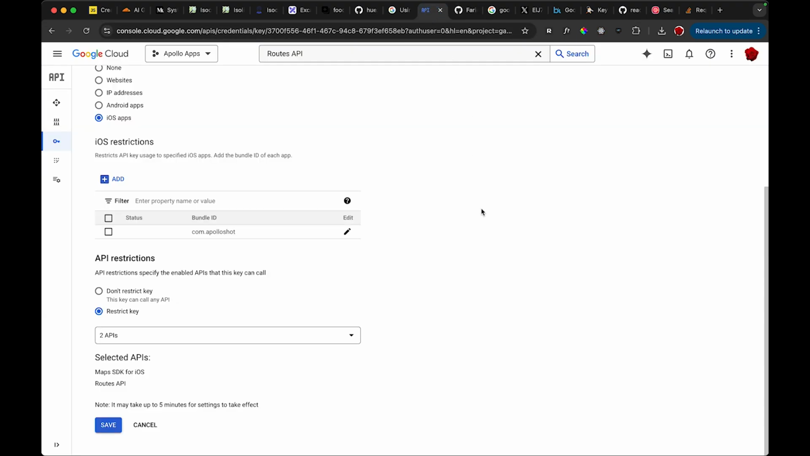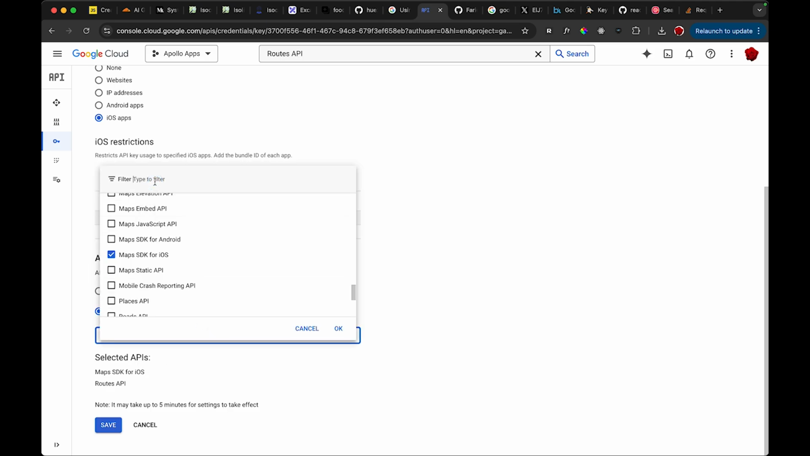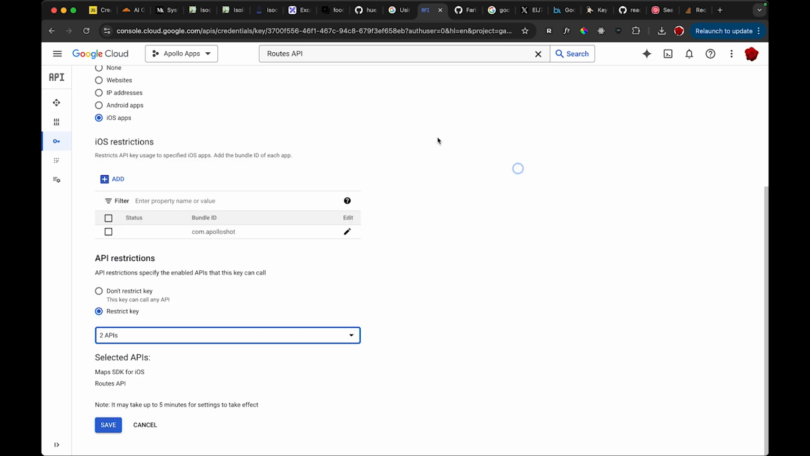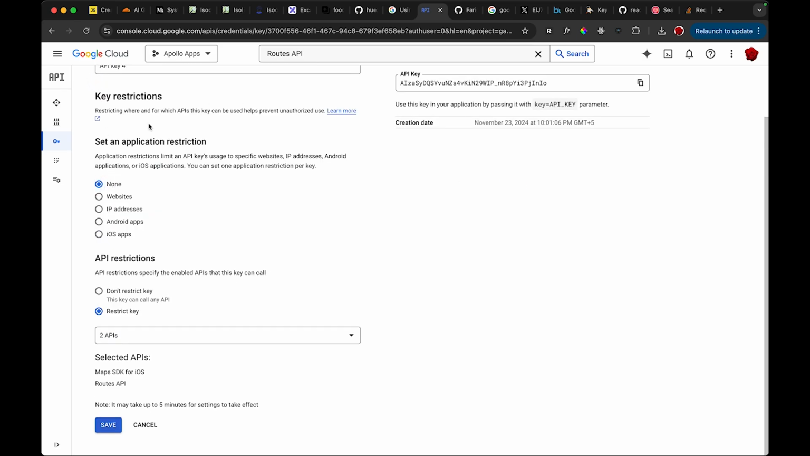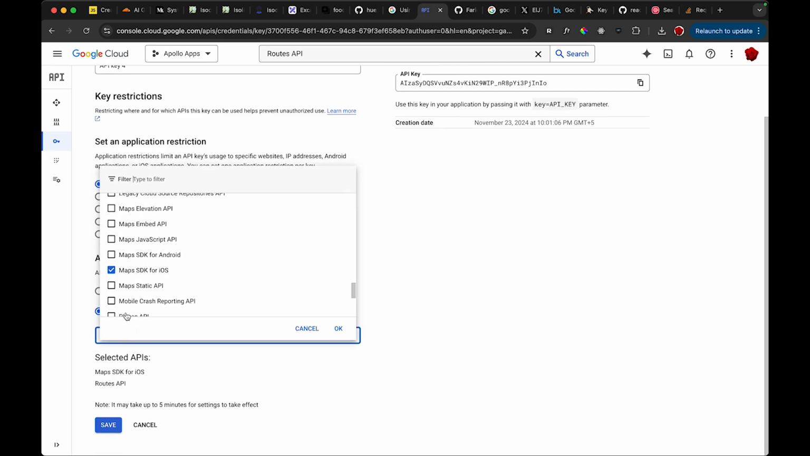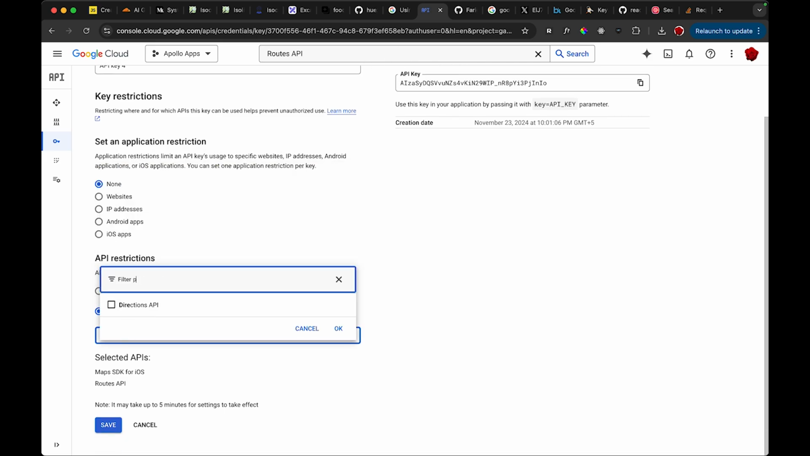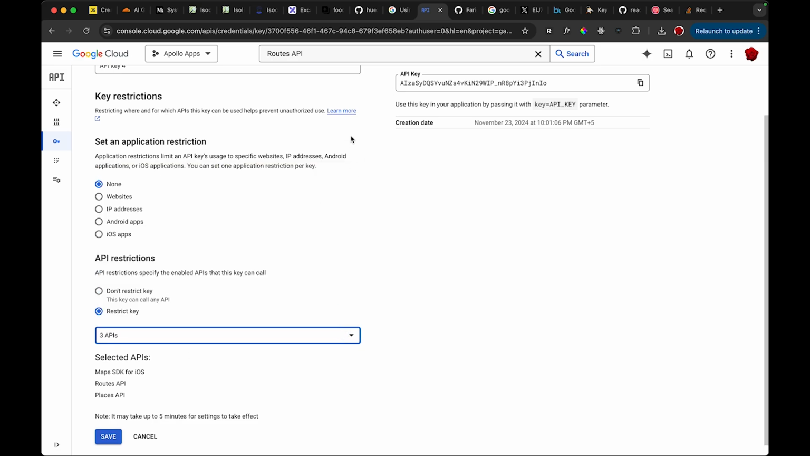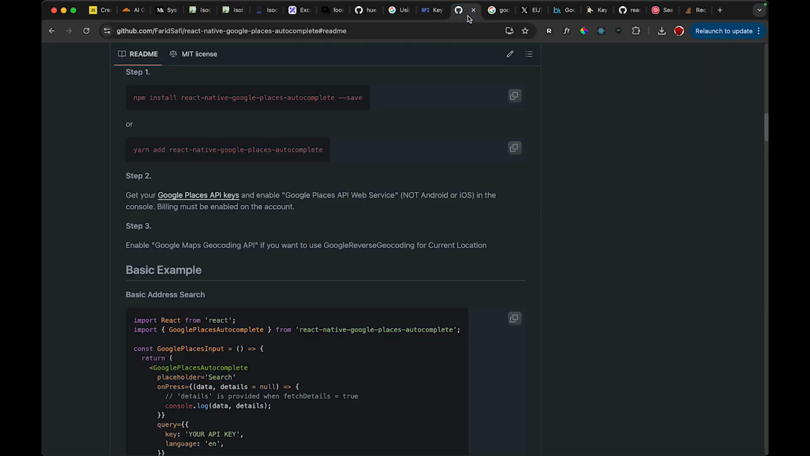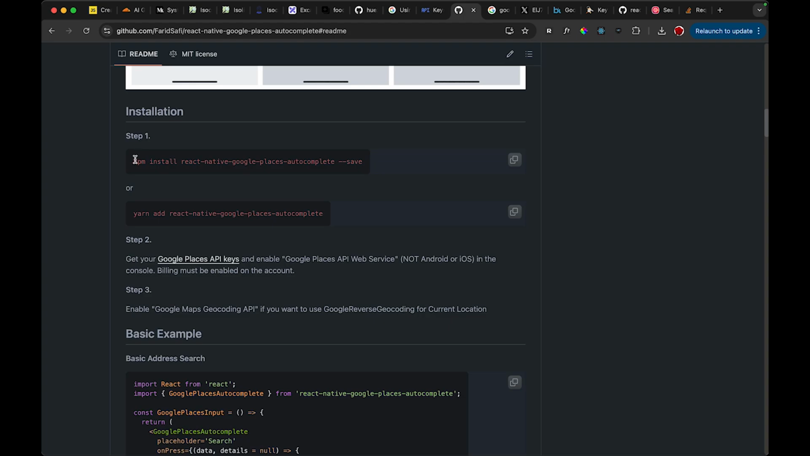Now, in the previous videos I have extensively shown this particular dashboard. I'm going to go here, tap on none here, and then add, not directions, sorry, the Places API. Tap on this, save. I have done that. Now I can go here, and in this part I'm going to copy this,